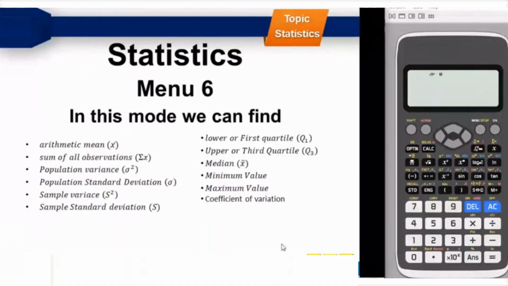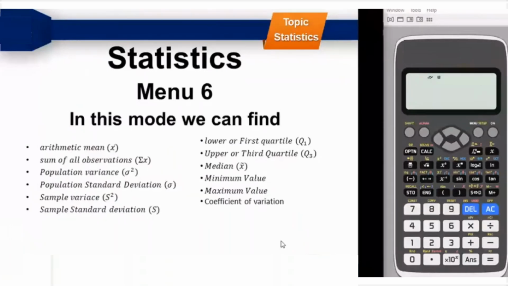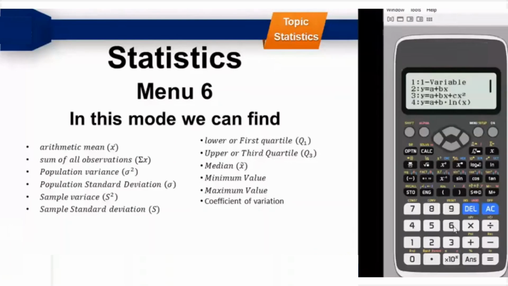So statistics is basically menu 6. When you press menu and you press 6, you enter into the statistics mode. Now there are different forms of statistics that you can perform. We'll obviously be discussing the most common areas of statistics, that is measures of central tendency: mean, median, mode, standard deviation, variance, coefficient of variation, maximum value, minimum value, how all these things can be calculated,